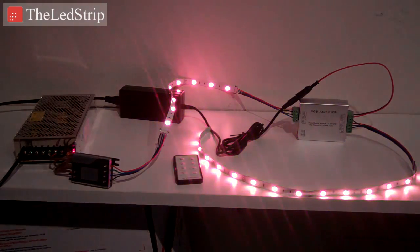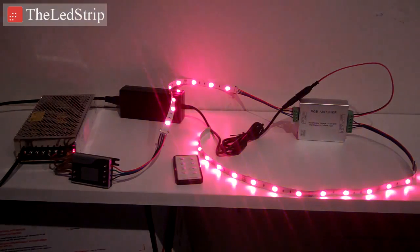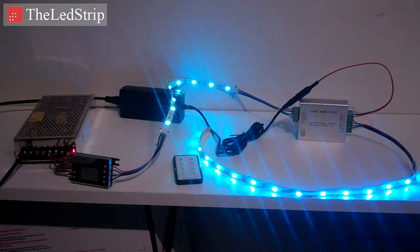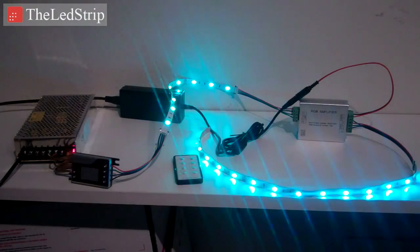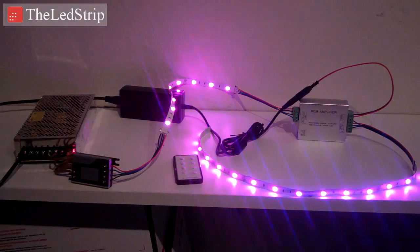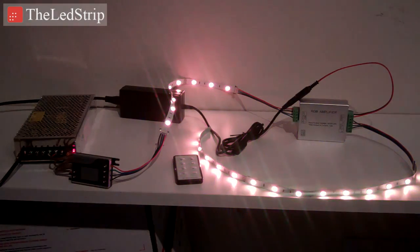And then the output for the RGB strip is another 4 terminals that you screw the wires into, and then onto the next segment. Now these amplifiers can be run as many times as you want. What's happening is the signal from the controller is going down the first line, and the amplifier takes the power from the power supply that you plug into it. It juices up the line and then sends it back down to the next set,